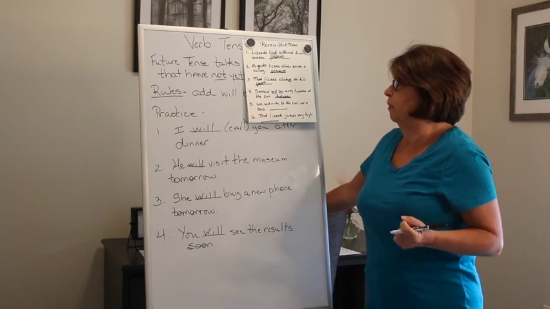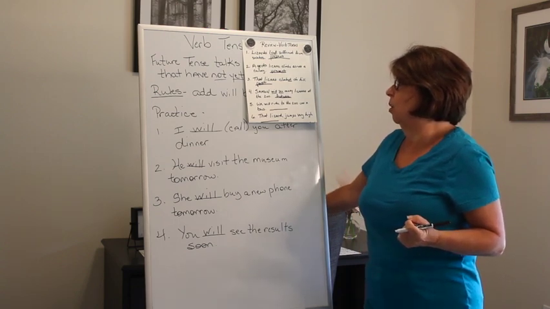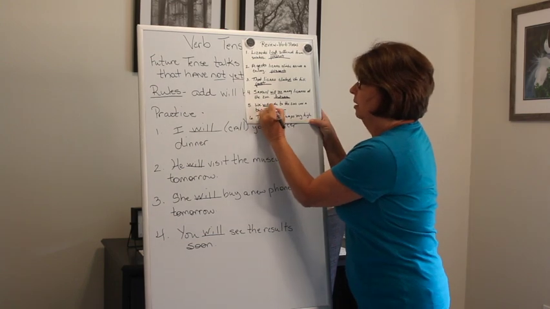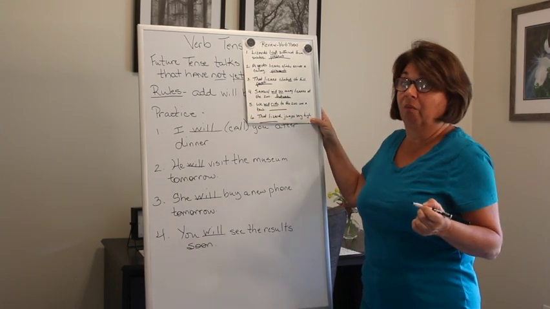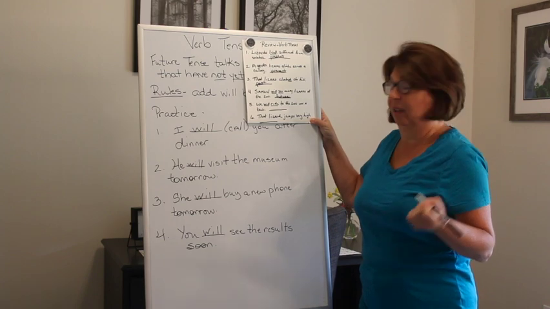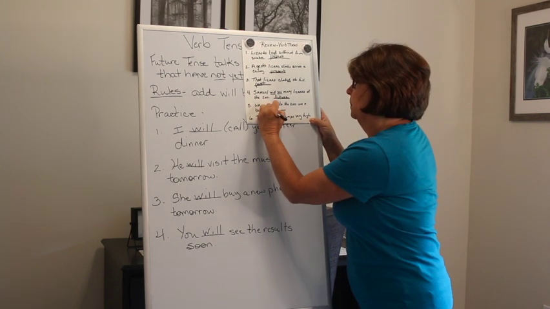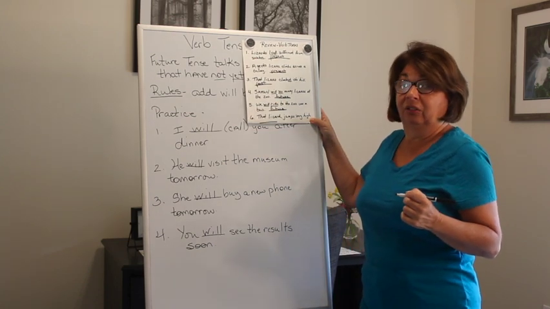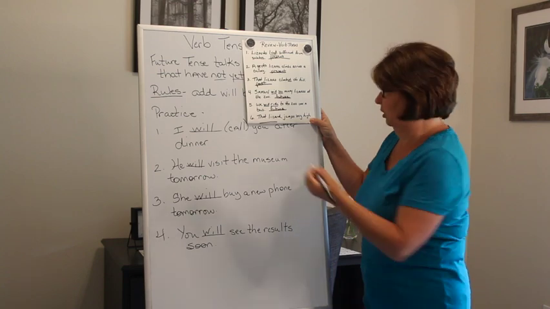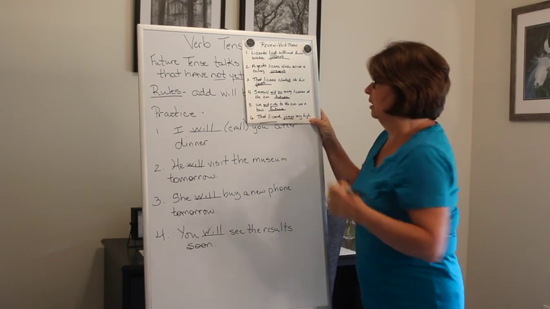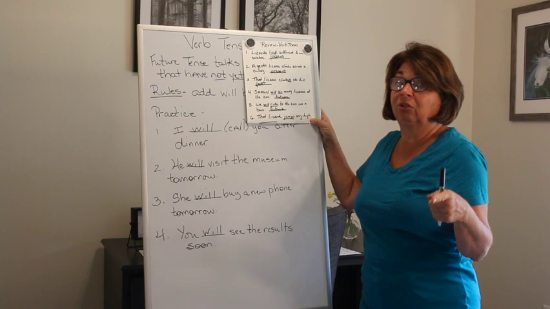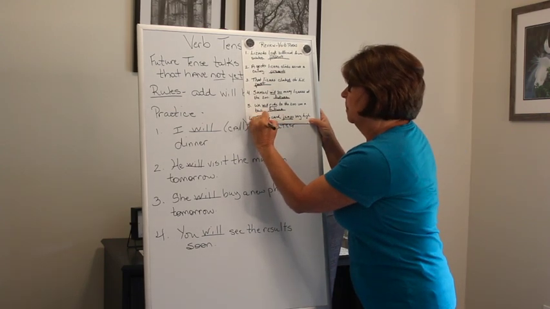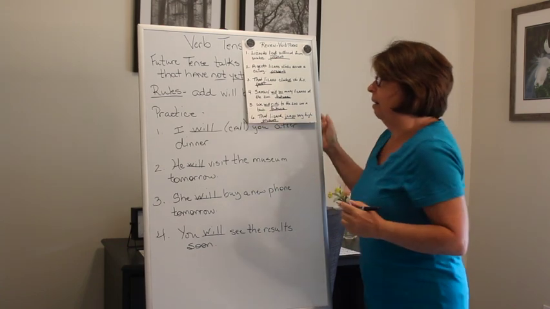All right, number 5. We will ride to the zoo on a bus. Do you see the verb? Yes, will ride. So since we have that word will, that is what? Yes, future tense. Good job. And the last one, the lizard jumps very high. Do you see the verb? If you said jumps, that would be correct. Ends in an S. He's doing it right now, so that is going to be, yes, present tense.